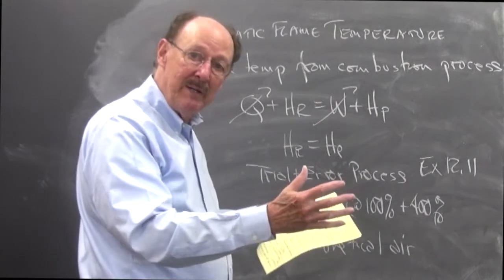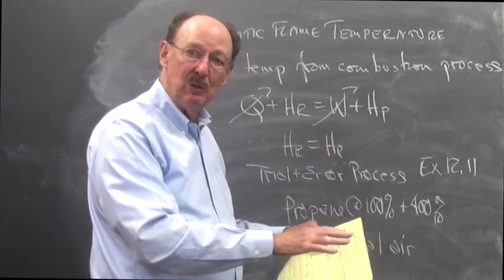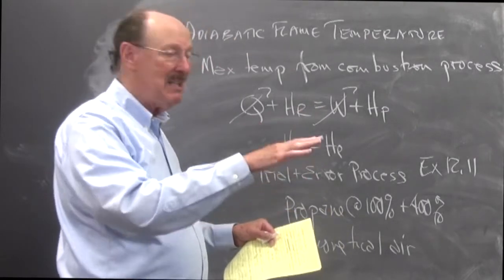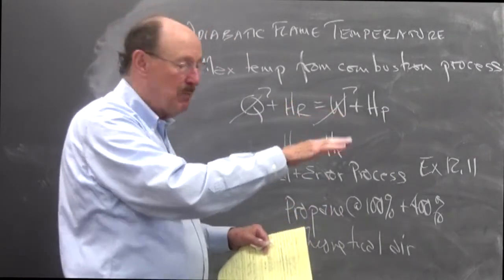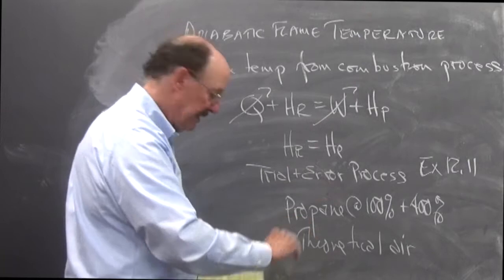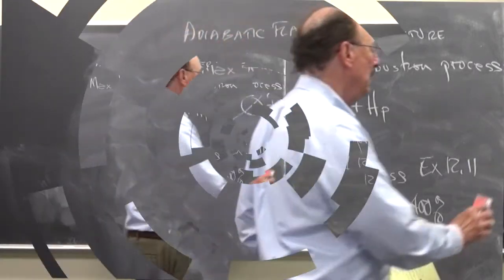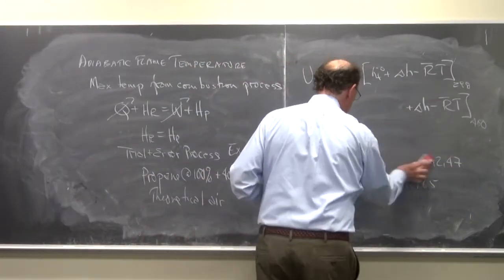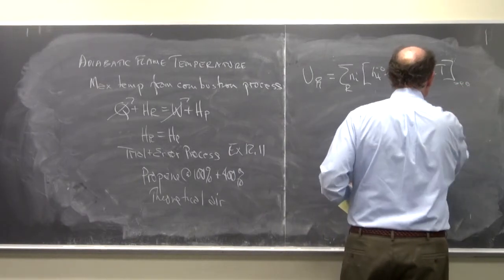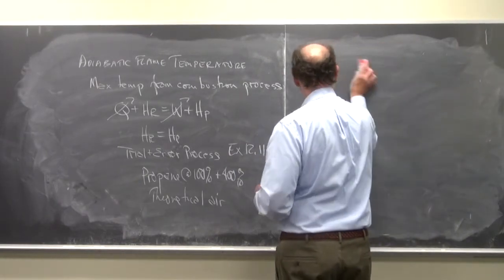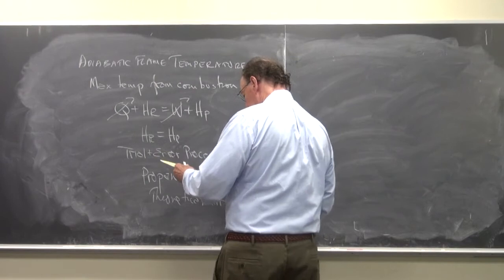If I have more nitrogen, then the temperature is going to go down. So we can regulate the temperature of the combustion process by the excess air that we have, because of its heating up, raising the temperature of the nitrogen. So if we balance the equation as is in the text,